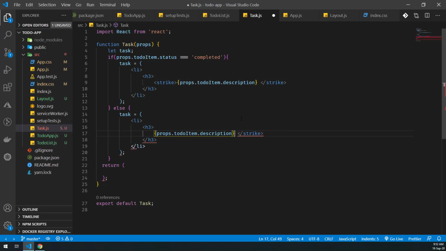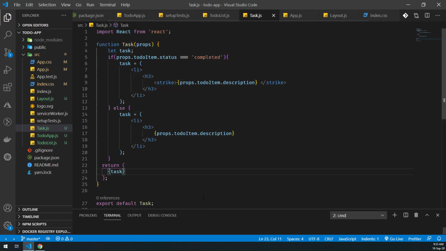So I'll just remove this. And finally, we would return this. So return task. Okay, I'm already using the return in the brackets, so I'll just remove this thing and it will return the task.